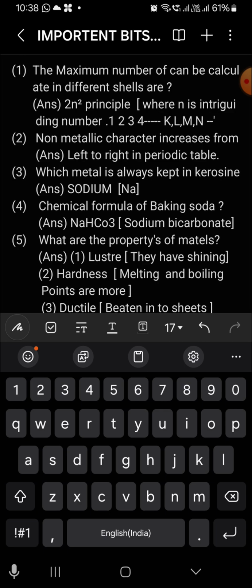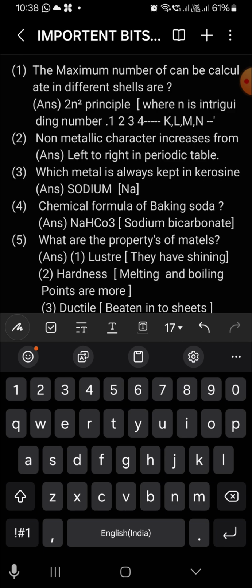Today we will be discussing the most important bits regarding our examination purpose. These are the combined bits in physics, chemistry and biology. Then we will discuss the bits one by one. The first bit,